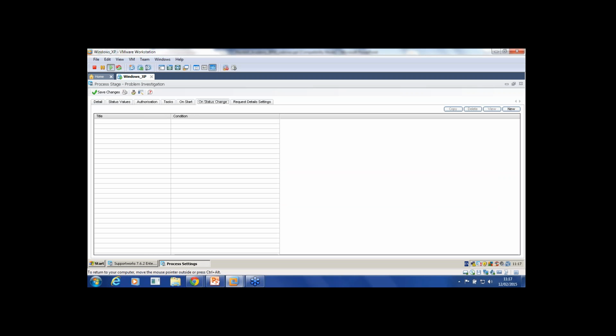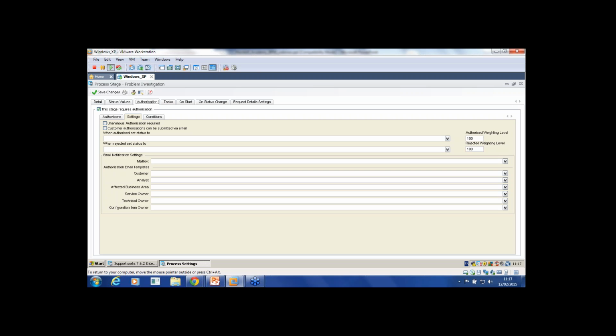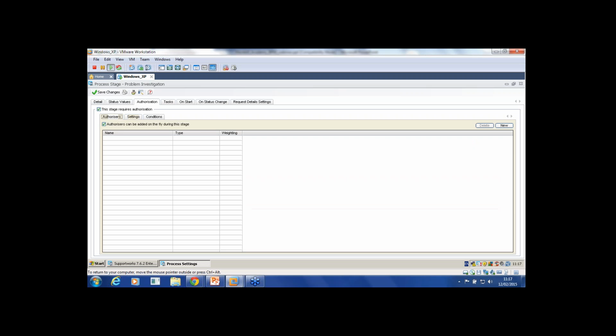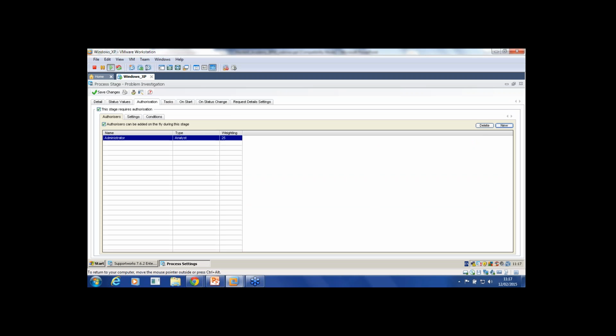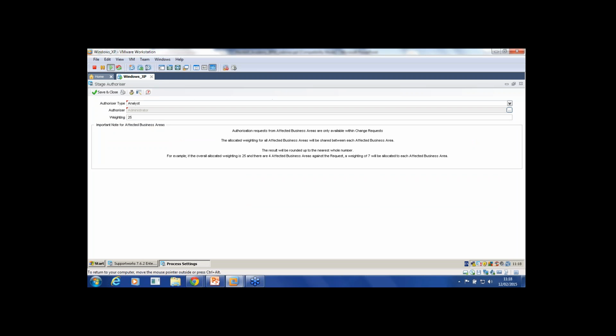Regarding the weighting, as you can see here, this is something that is often overlooked. For example, I will set an authorizer as an analyst quickly here, and I'm giving him a weighting of 25. And if I go back to a request and I authorize as an analyst, sometimes users are a bit surprised that the request is not authorized. This is because we're using a so-called weighting system, which works like this: